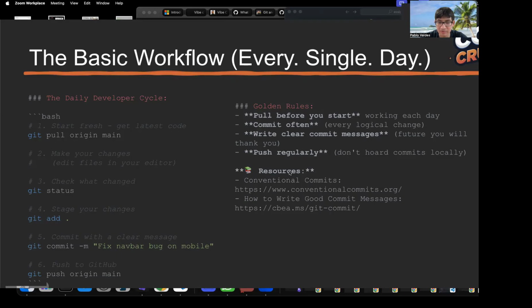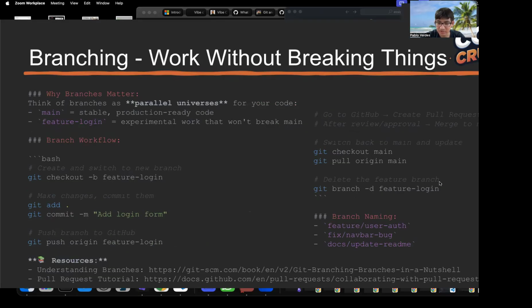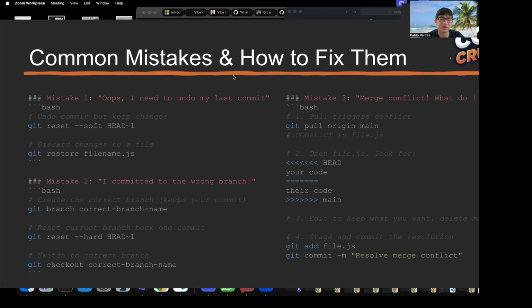And I've put some more resources right here. So, how to write good commit messages and some other stuff. And so some common mistakes are, say you accidentally commit something. There's actually a bunch, like the people that made Git, they kind of thought of everything, right? So you have a lot of ways to actually fix mistakes that you make. So let's say you have some file and you accidentally commit it, and that file was full of bugs or it's not ready yet. You just accidentally did it and you realize, oh no, I've got to fix this, right?